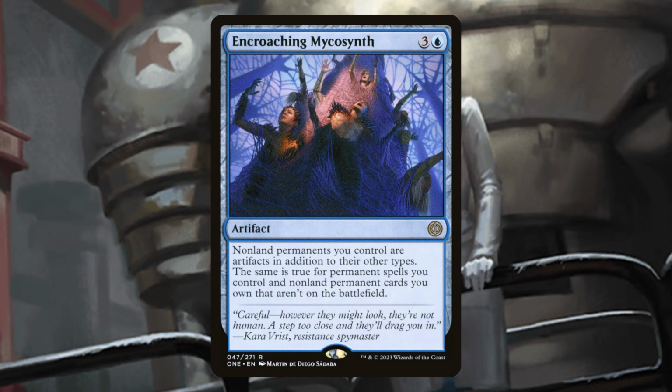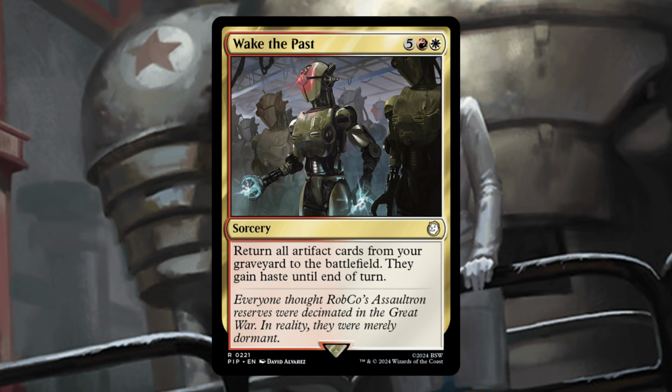Encroaching Mycosynth can turn all of our permanents into artifacts, so now our Whirlwind of Thought and our Jeskai Ascendancy we can easily reanimate. Even our Kykar and our Jhoira, Weatherlight Captain, again, just turning them into artifacts is going to make them more synergistic and incredibly easy to reanimate with our commander. Wake the Past is another solid way to end the game. Maybe it's very late, everything we need's in the graveyard, boom, it all comes back